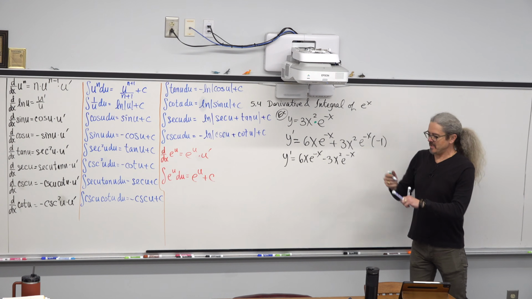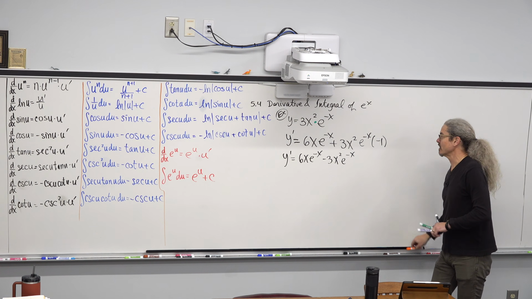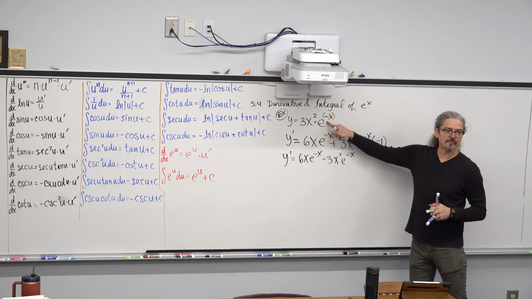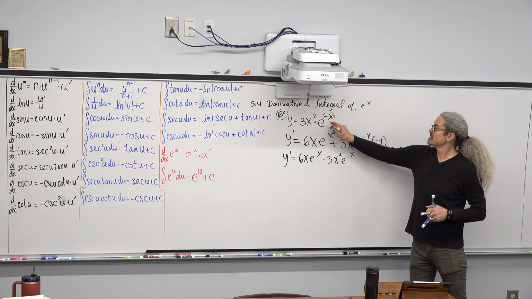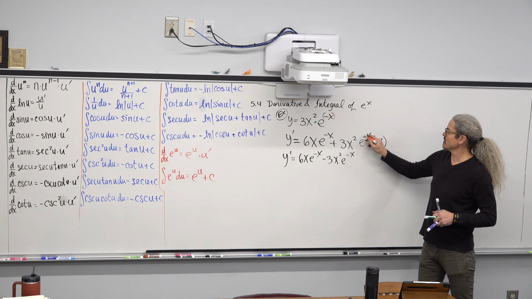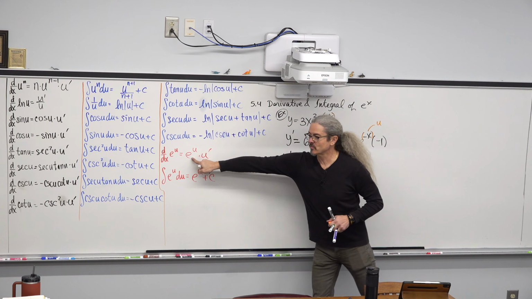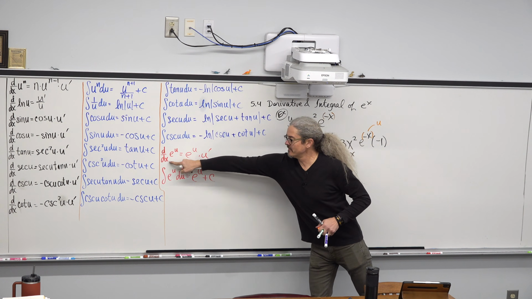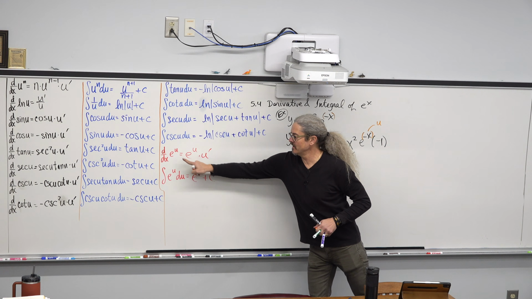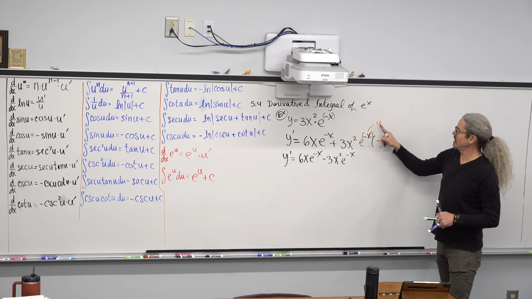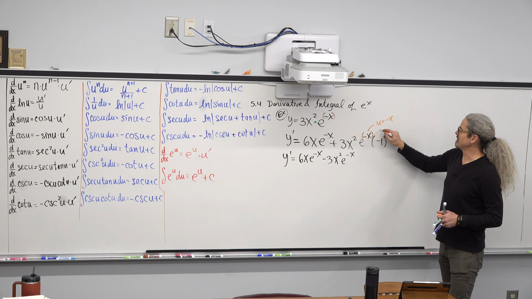In this base of e, we have an exponent of negative x. So as we go to take our derivative, that negative x is our u in the derivative rule. The derivative of e to the u is e to the u, and then times u prime. And so if u is negative x, u prime is going to be negative 1. That's where that's coming from.